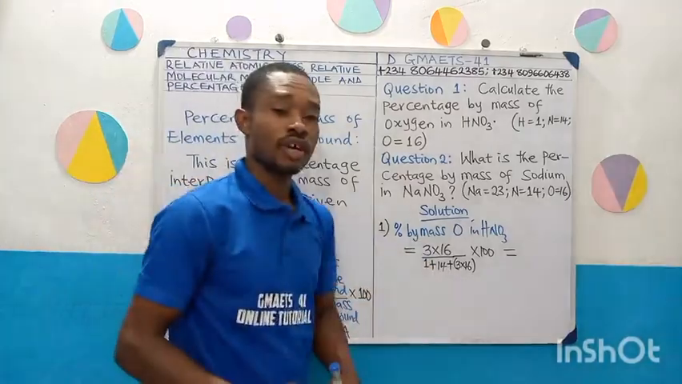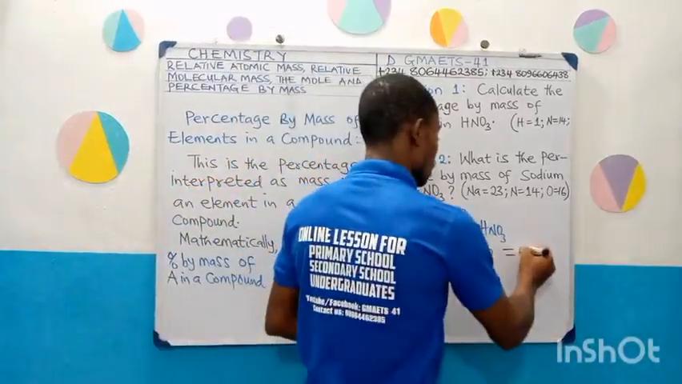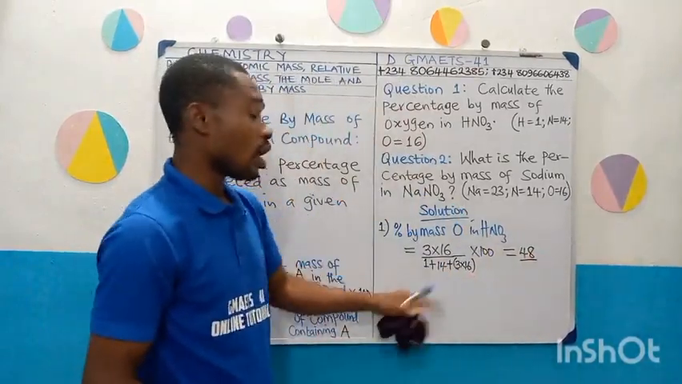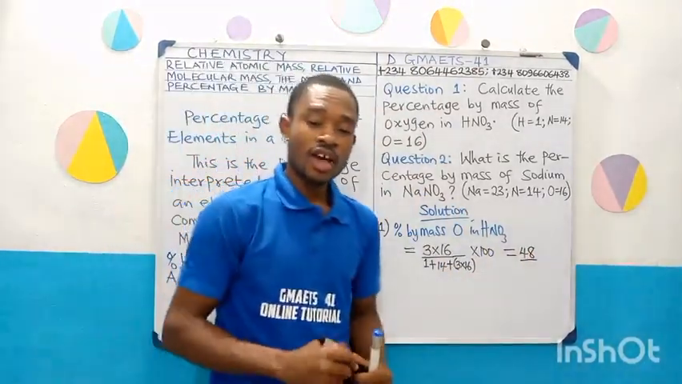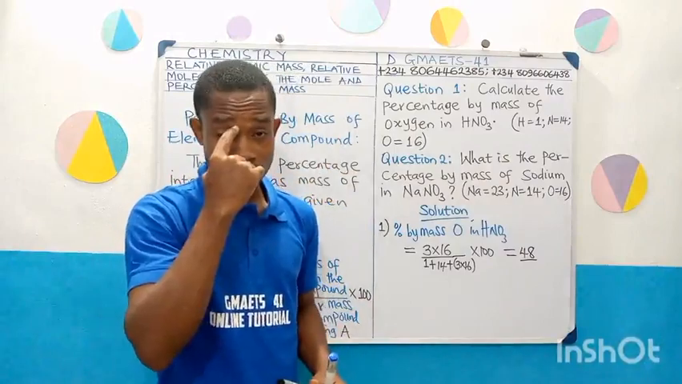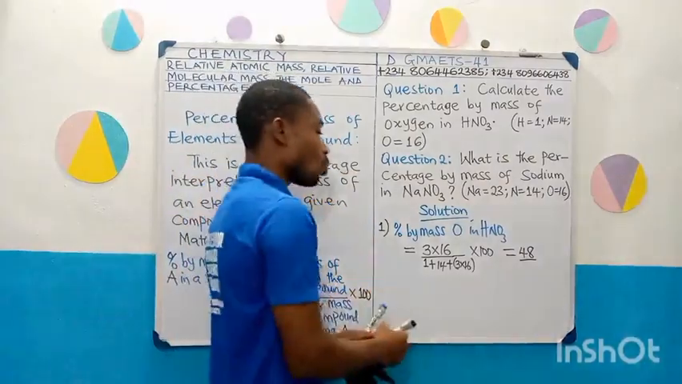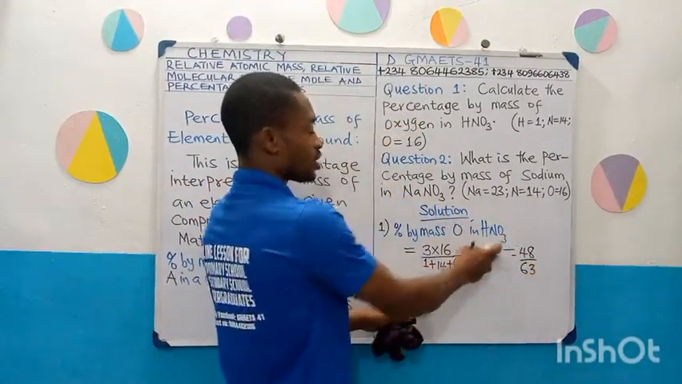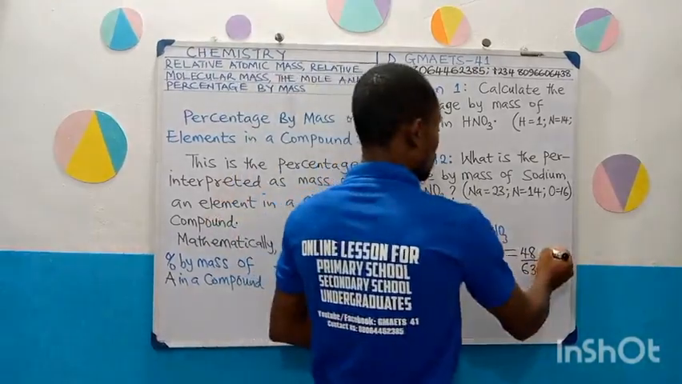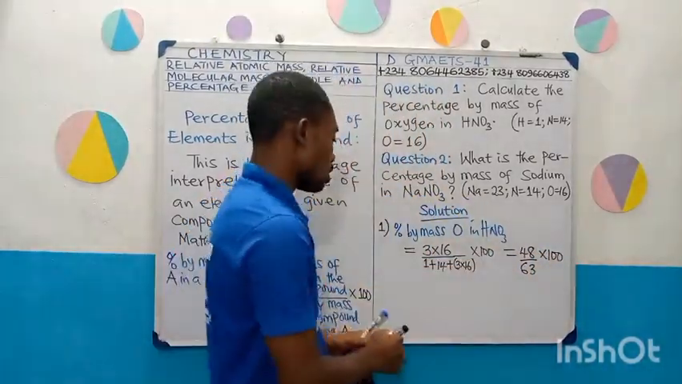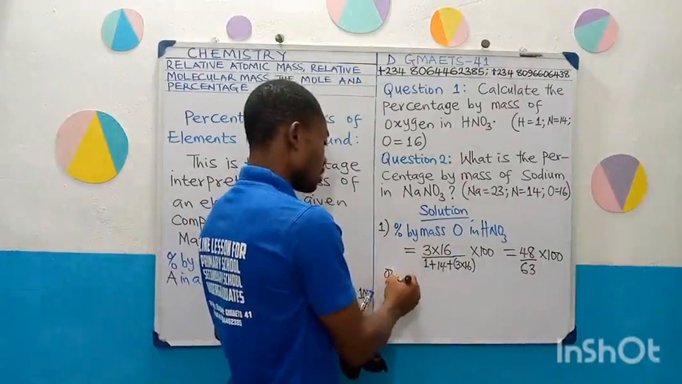3 times this will give us 48. Divided by 48 plus 14. If you have 48 plus 14, it's going to give us 62. Then that 62, add 1, you get 63. So the molar mass of trioxonitrate 5 acid is 63. We shall multiply it by 100. So let us find out what this will give to us. Therefore, percentage by mass